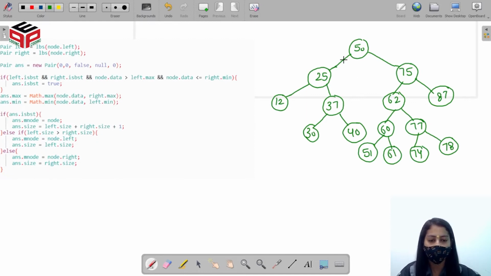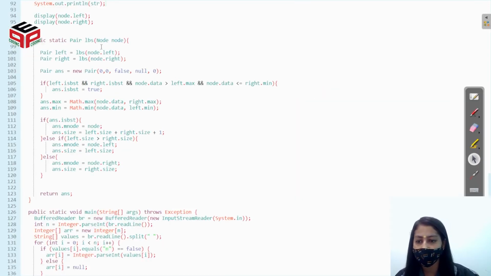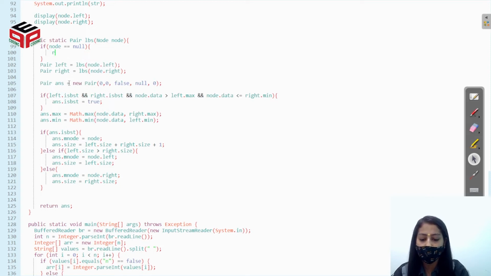Right? So in the code we have to add the base case that if we reach the leaf node, then what we have to return. So let's first add the base case that if we got a node as null, that is we reach the leaf node, then we have to simply return an object of the pair class with the minimum value set as Integer.MAX_VALUE.